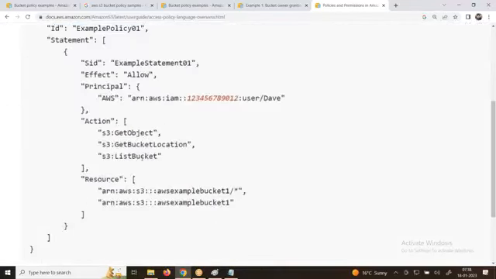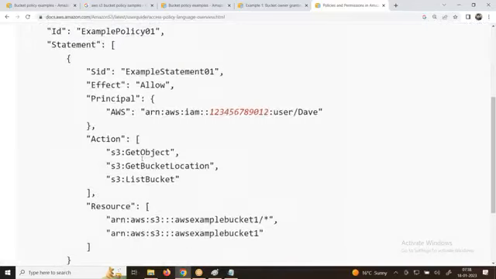So, multiple examples. See here, sir, one of the good examples. If you see, statement ID, allow, principal. Action is AWS S3 get object, get bucket location, list object. Resource, you can mention two things. Is it clear? Let us go through the conditions right now. Hope you understood. Clear, sir? Online people, anyone has any questions? Yes, sir.